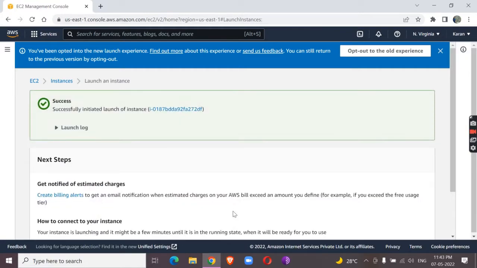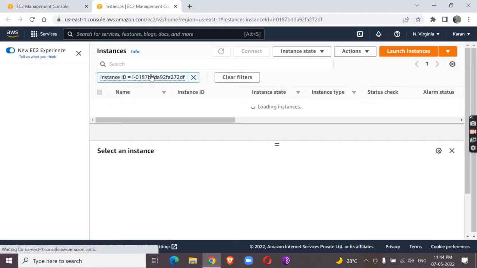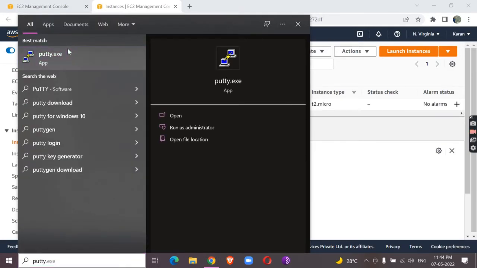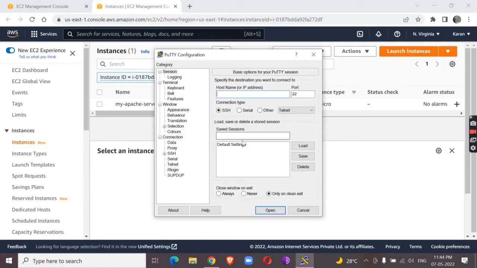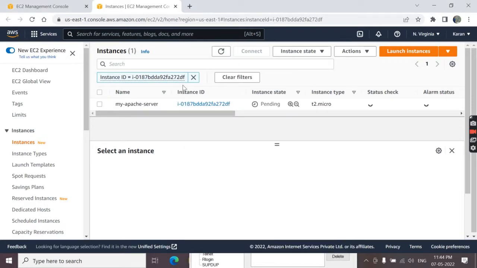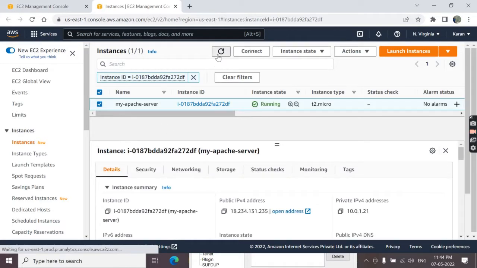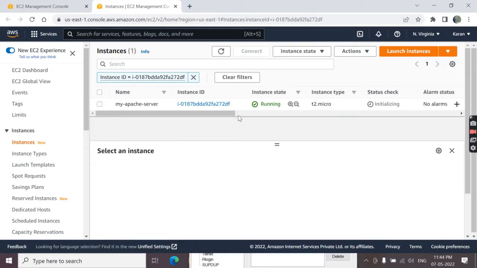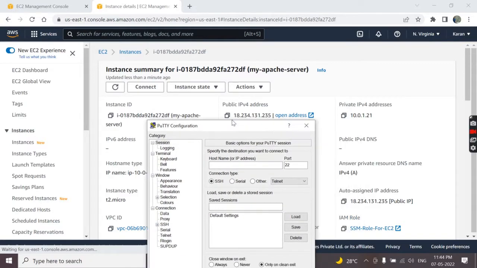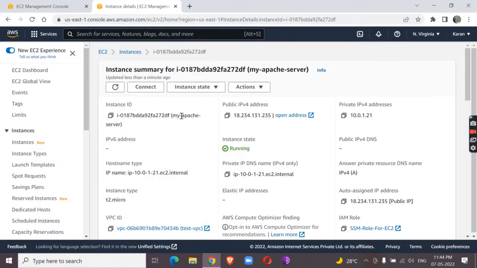So what I was telling is, after the instance is created, we have two approaches to log into this instance. Either we can use a tool, that is PuTTY. So you can just use PuTTY to log into the instance, or in your IAM role section you can create a new role which has SSM access, and that role you can assign to your EC2 instance. I will use this because it has a lot of benefits, because you don't have to go manually to PuTTY and do all the SSH part,